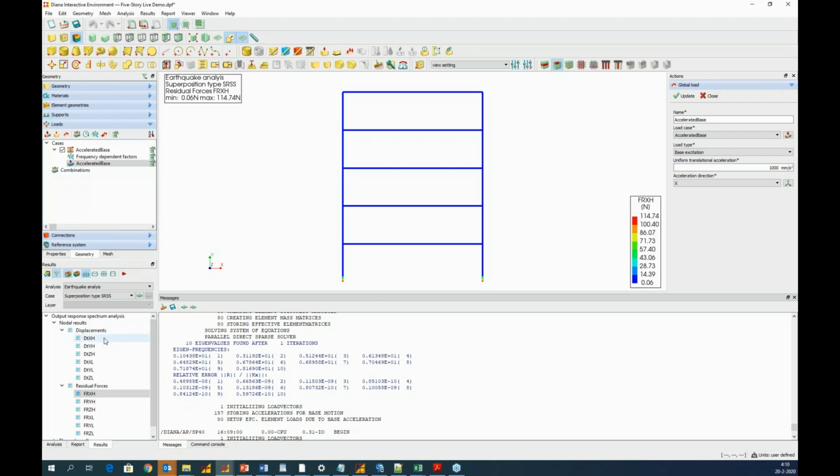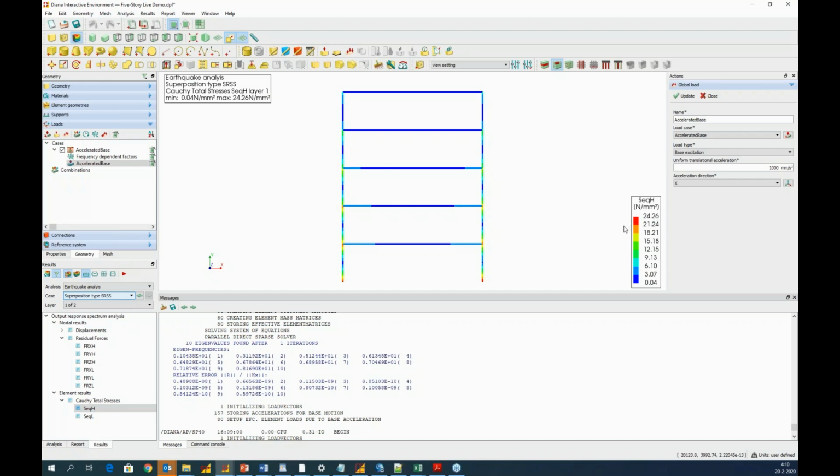And finally, we can also do that for the equivalent stresses. Show contour. This is for the absolute rule, giving a maximum of 29.45, and the SRSS a little bit lower, 24.26.